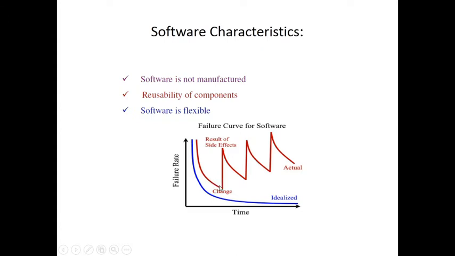Now when it started working here, say some sort of change is required, that is maintenance we are talking about. Once you deploy your software, the customer or the end user starts using it, and maybe some error arises while they are using it, right? So as soon as any error comes, the failure rate will increase, as a result of a side effect. Error is a side effect, any defect that comes in your software, right? So the failure rate will increase. Now you'll try to eliminate that error. Gradually the failure rate will decrease and it will come again under useful life.